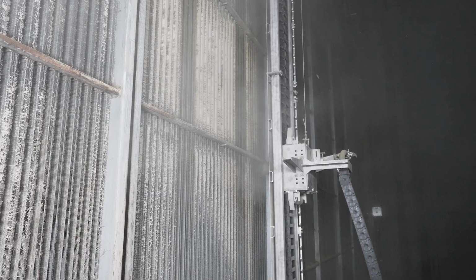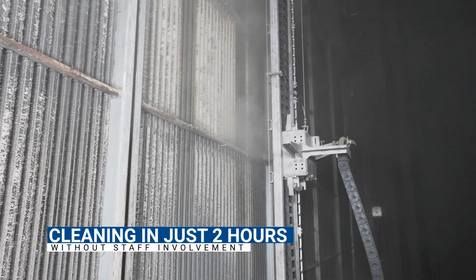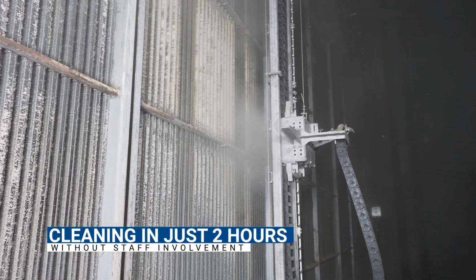Up until now we have always done this using high-pressure cleaners and a lot of water, taking about 10 hours to clean the exchangers. That's why we started looking for a more efficient cleaning system and came across the company mycon online. We borrowed a test unit from them, saw how efficiently it worked, and subsequently decided to install an automated system from mycon. With this system we clean the exchangers effectively in just 2 hours without manual labor, and